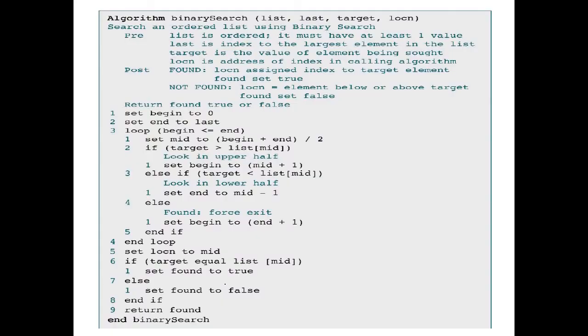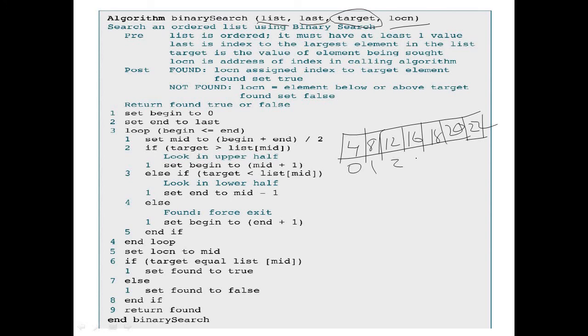So this is the algorithm of binary search. Here the list is the elements, last means the last cell, target is the element you are going to search, and location. For example, assume I want to check these elements, and the target is 12. 12 is my target.